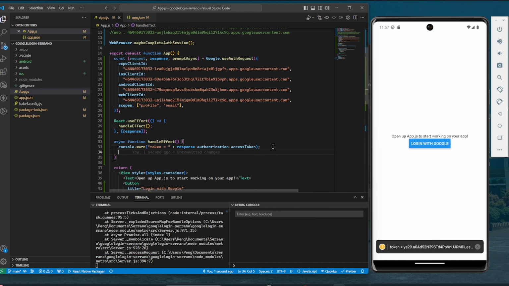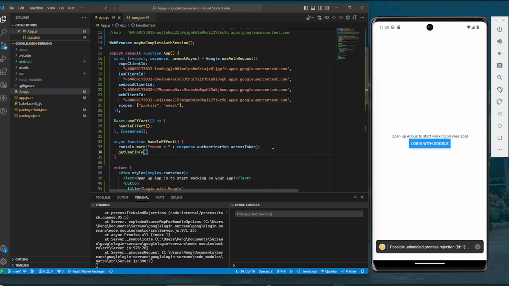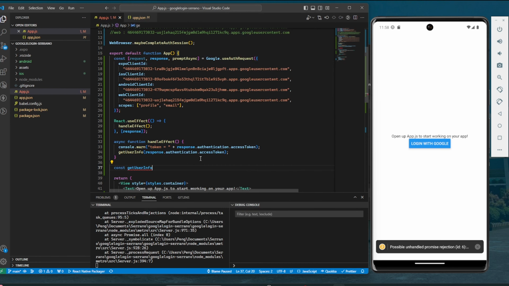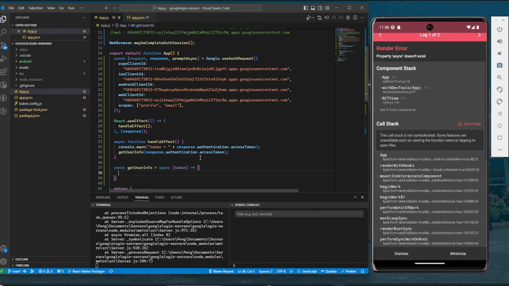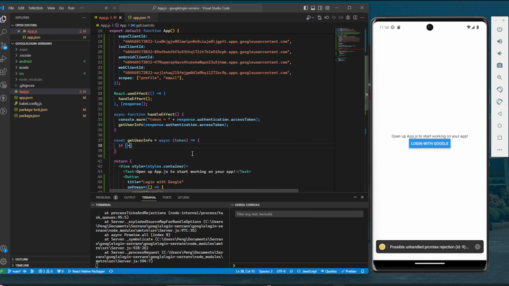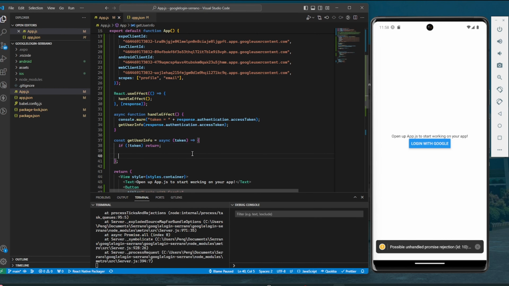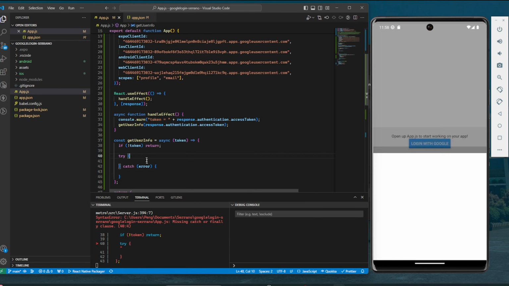Let's first create another function named getUserInfo and pass the access token. Let's now create the function. So const getUserInfo. It should also be an asynchronous function. Then it should accept the token. And if the token doesn't have a value, it should terminate the function. Then let's add a try and catch statement. Then inside try,